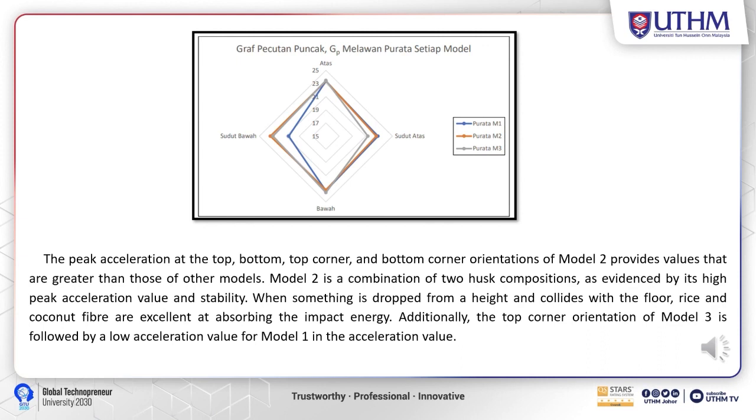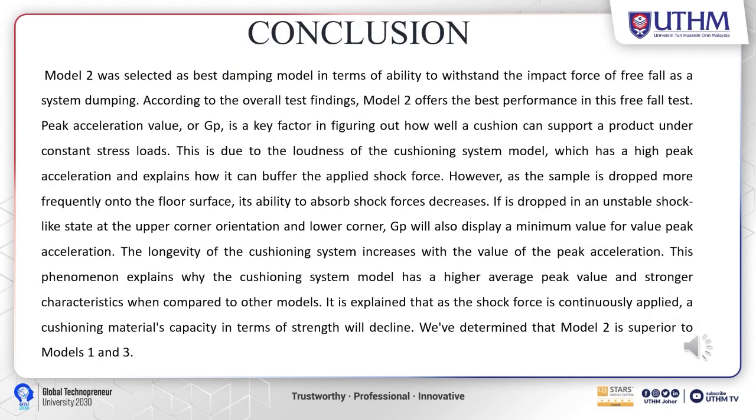Besides that, the acceleration value of model 1 also shows a low acceleration value at the bottom corner orientation, followed by model 3 at the top corner orientation. From the results that we have obtained after we finished the analysis, we can conclude that model 2 was selected as the best damping model in terms of the ability to withstand the impact force of free fall as a system damping. So according to the overall test findings, model 2 offers the best performance in this free